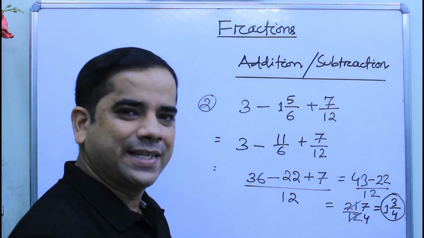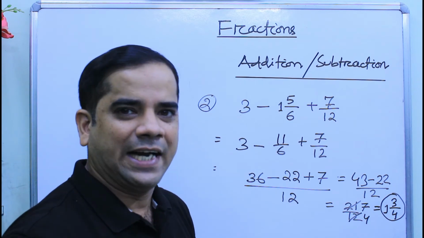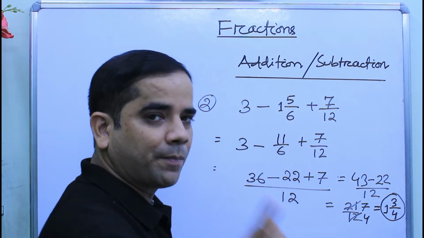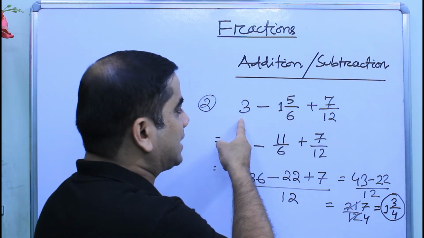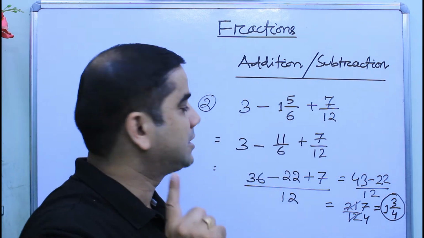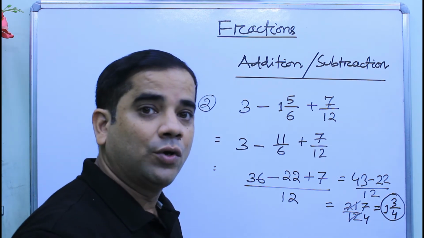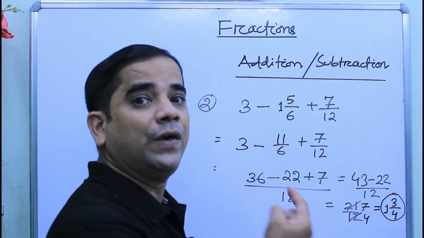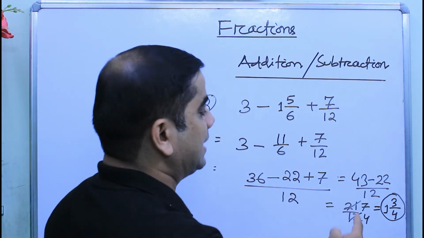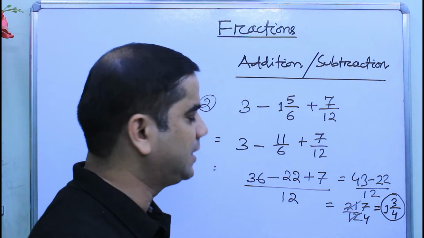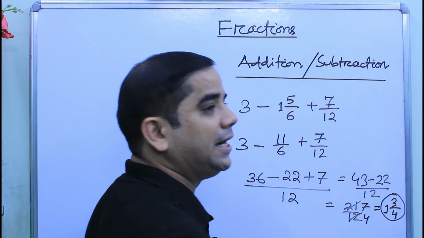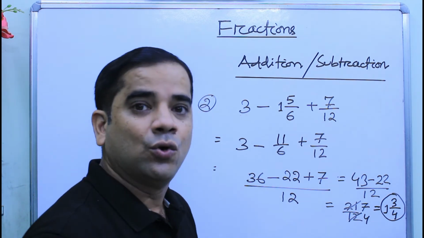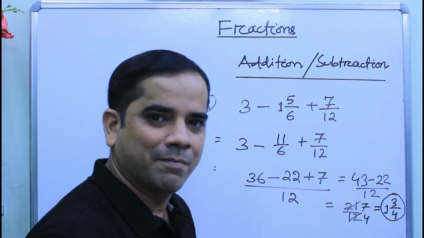Okay, hope you understand. So let us revise it again. What we need to do? We need to convert the mixed fraction into an improper fraction. We need to remember that the whole number has the denominator as 1. And we need to remember one more thing, that if we have a fraction that can be reduced, we need to reduce that fraction, and then if it is an improper fraction, we need to convert it into a mixed fraction. Okay, so this is the right way to calculate. Just keep it in mind.